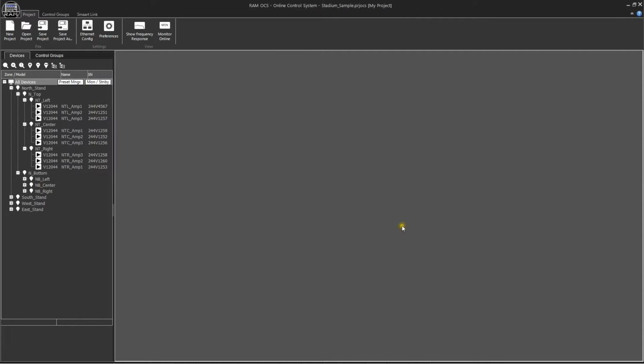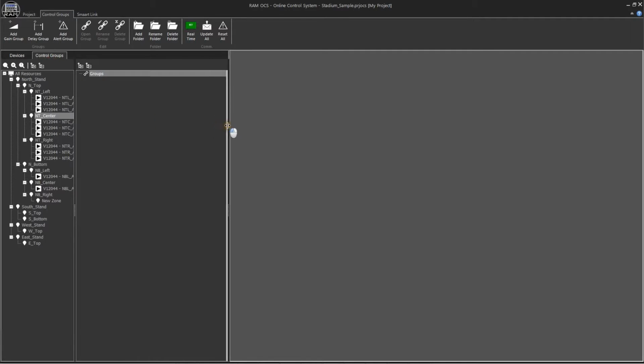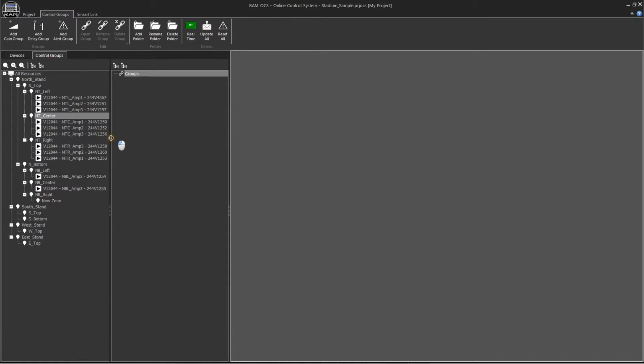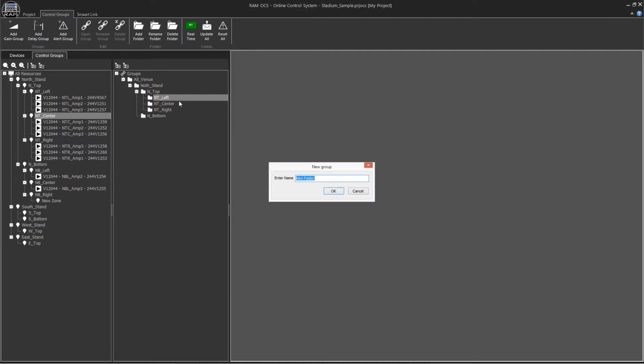Now we could create some control groups that would allow us to adjust the gain and delay of each one of the zones, separating them in low, mid, and high ways. To do this we would go to the control group section and create a structure to group the channels we want to control simultaneously. For example, in this case we create a similar structure to the zones already created and saved in the tree on the left, but we also add low, mid and high ways. By using the icons on the top bar or by right-clicking we create the structure, including all the folders we need.